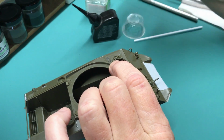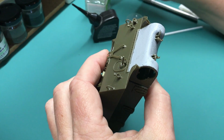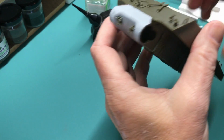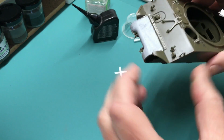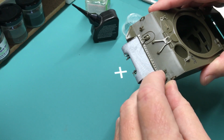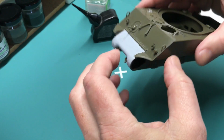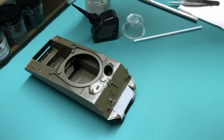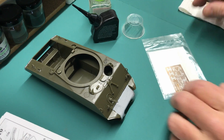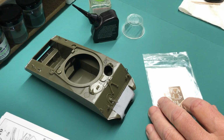So now I'm going to add a little bit more cement, make sure it's firmly cemented in place. I need to give it a little twist because it's not quite. There we go. Now it's pointing the right direction. All right, so I'm going to let that dry a little bit and then take a look at the Photo-Etch stuff. All right, so the next part I have to do is the Photo-Etch parts,